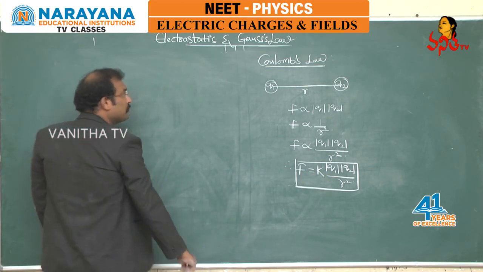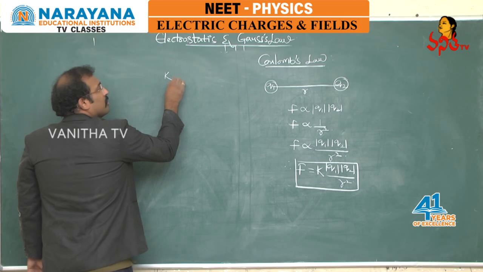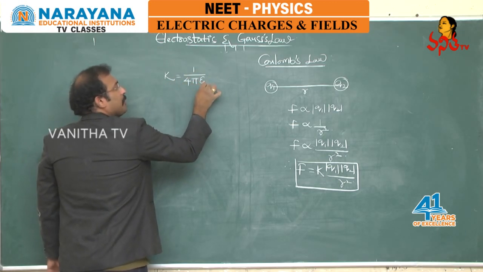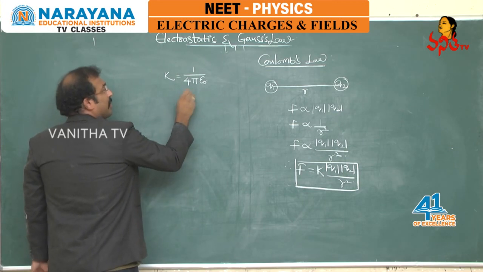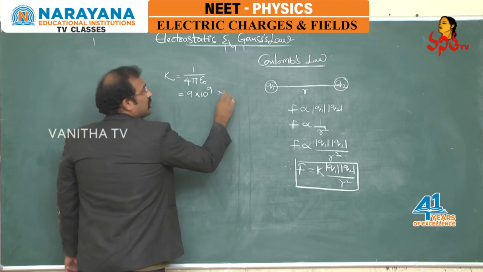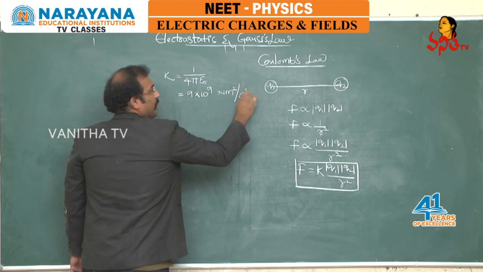And also this K has a value given by 1 by 4 pi epsilon naught, where the value of this K is 9 into 10 to the power of 9 Newton meter square by Coulomb square,